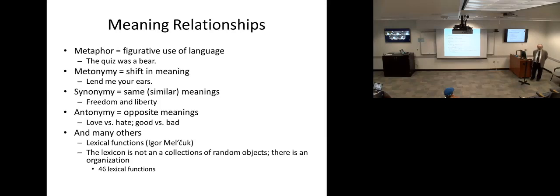Okay, so there's a lot of relationships within the lexicon. It's not just synonymy, antonymy, and a few other things like that. Okay, or if you're in computer science, hyponymy and hyperonymy, or the ISA relationship. There's more than that. Okay,